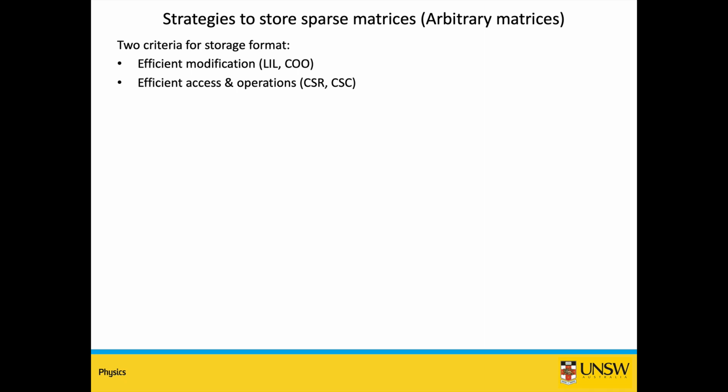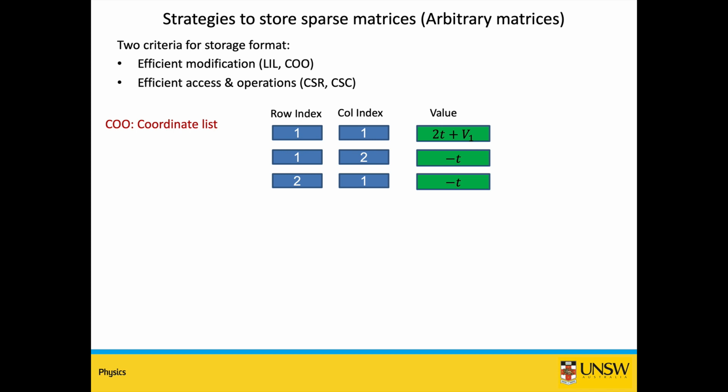COO is the coordinate format, coordinate list basically. So you just store each of the non-zero values in the matrix by the row and the column index in the matrix. So you can see that you need integer numbers as a row index and also as column indices, and you also need the value. So for each row and column index, you have a particular value. So this is a tuple. It's called the coordinate format. And you can also sort this by the row and column index so that it is easy to access.